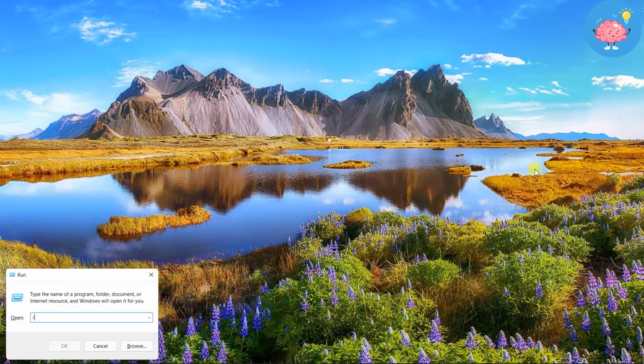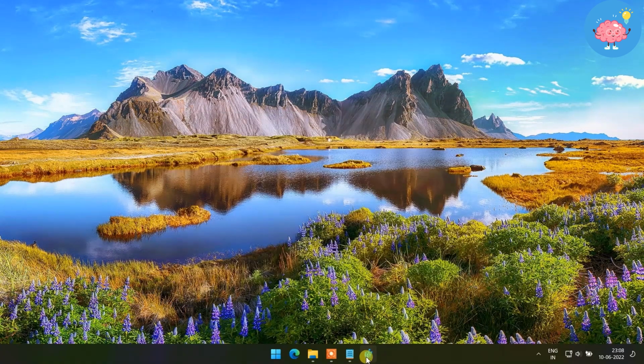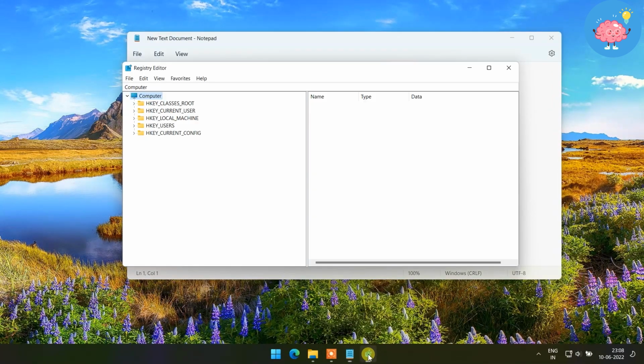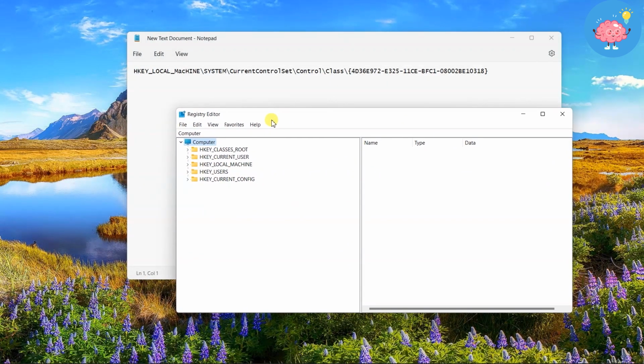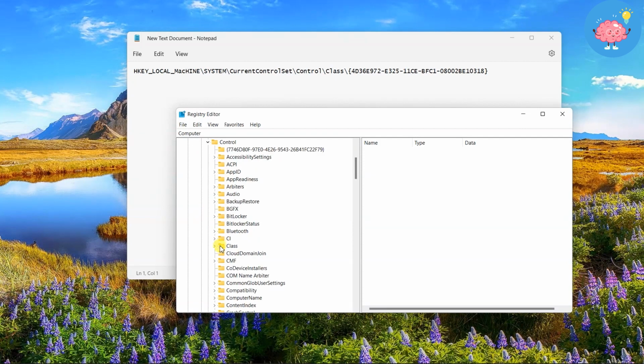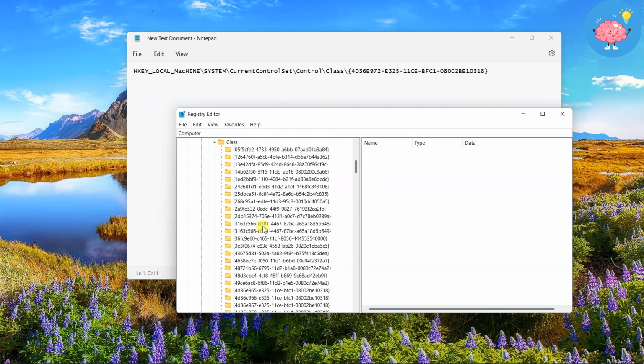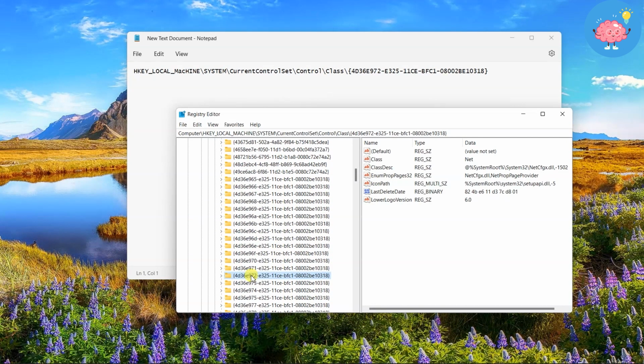Press Windows key plus R to open Run and then type regedit and click on the OK button to open the registry. Follow this address: HKEY_LOCAL_MACHINE\SYSTEM\CurrentControlSet\Control\Class\{4D36E972-E325-11CE-BFC1-08002BE10318}. This directory has several keys such as